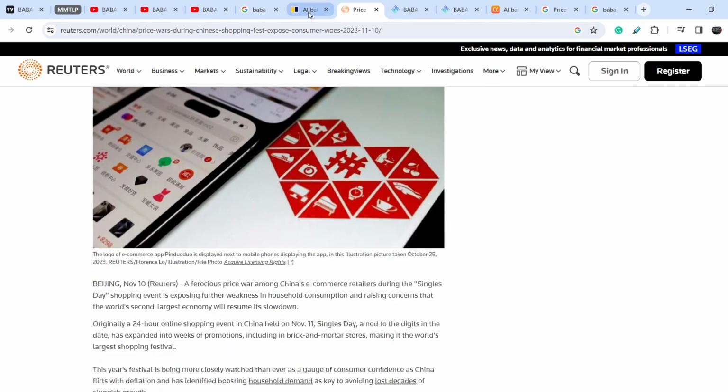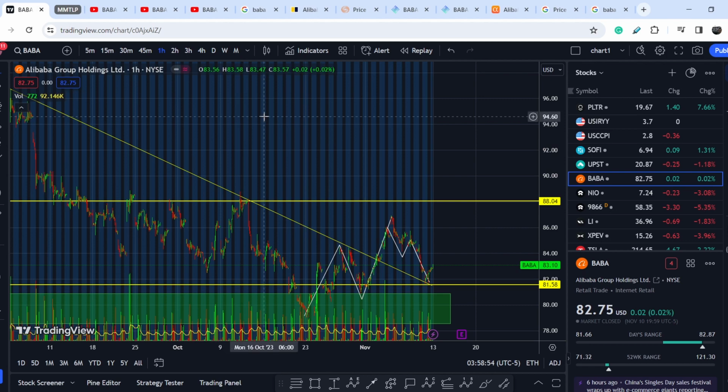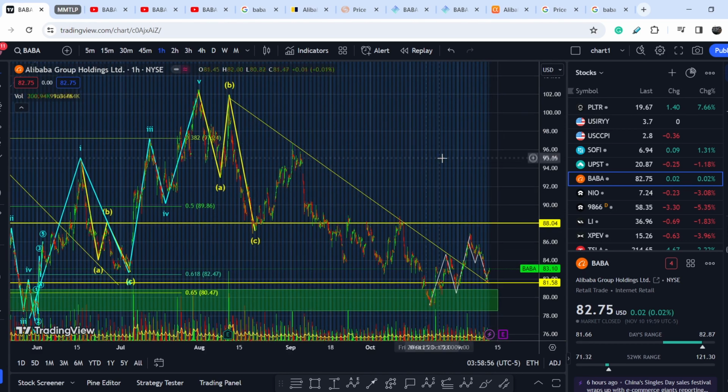And basically these two news are completely opposite, and that is why we have a lot of mixed behavior on the market, and that is why the market in general is in an indecisive phase. That is why you have to be very cautious with any of your positions. But in general, if you take a look at the bigger picture and zoom out,